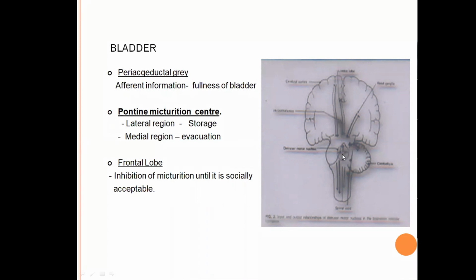However, the voluntary control comes from the frontal lobe. So as you all know, on the medial surface of the frontal lobe, there is a bladder area here. Now this is for the voluntary control. So from here it comes down to